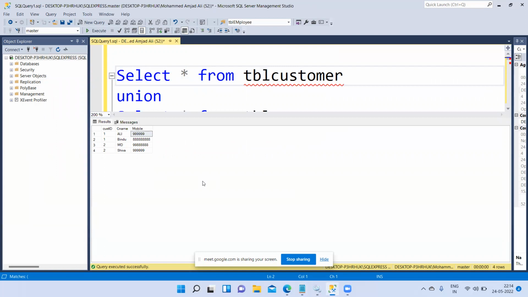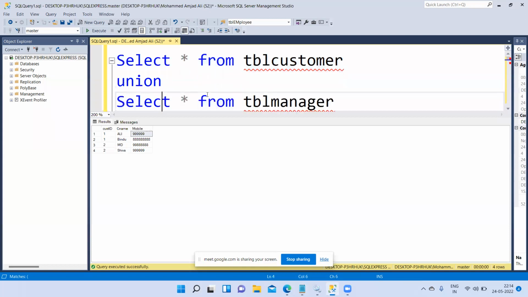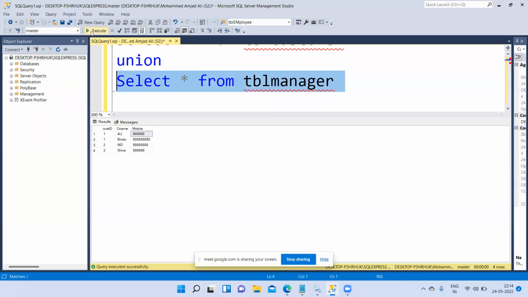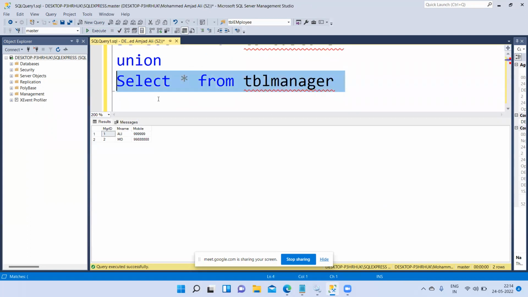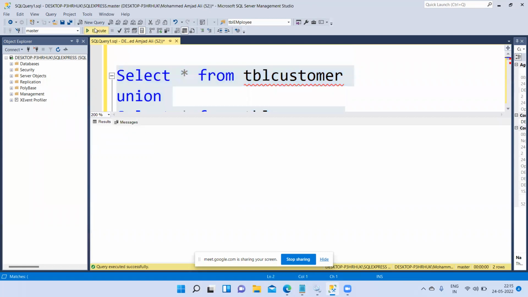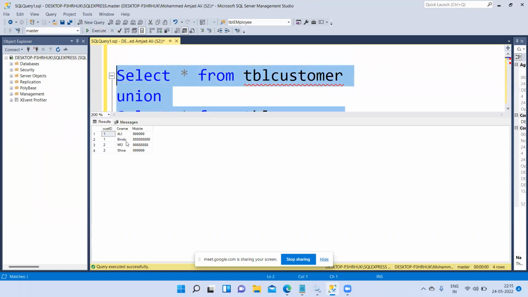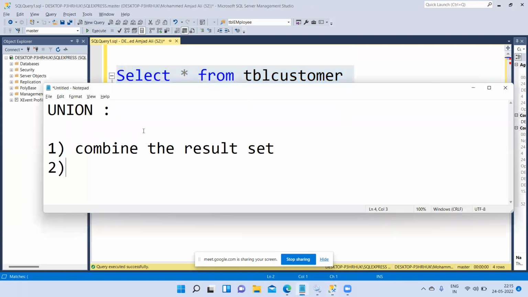The second point is, have you observed this one? Whatever the first table is in the union, those columns are going to show on the top. See here, what are the column names of the TBL manager? Manager ID, manager name, mobile number. But if you do the union, what is going to be displayed? It is displaying the first table column names. If you use union, the first table,